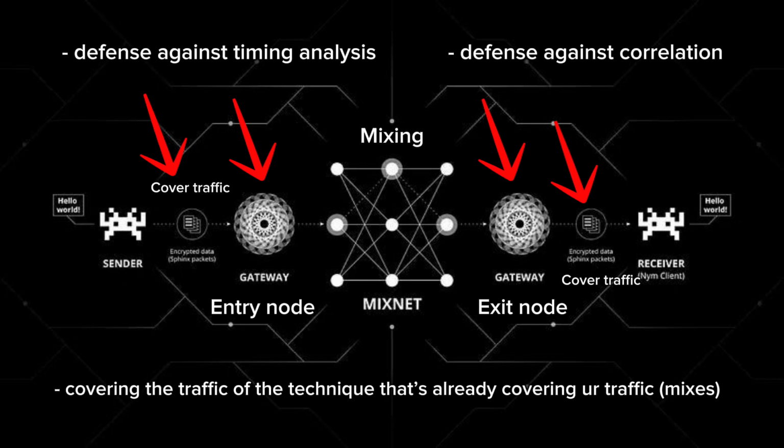I don't know how to explain it in another way. It's covering the traffic that's covering the traffic. So it's hiding the traffic that's already hiding traffic. And then it goes to the exit gateway and through the internet,